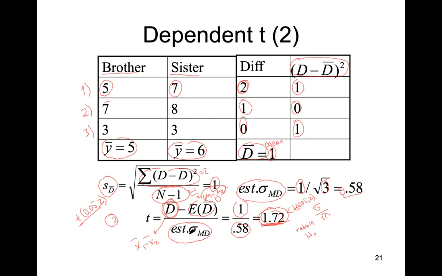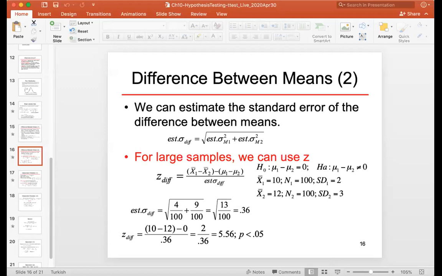If there are the same number of samples, we will use the same n. If there are different numbers of samples in different groups, we will use the weighted average of the samples' variances and such. Okay, so we find that there is no significant difference between these two pairs, brothers and sisters. So that's all from today. I hope you guys